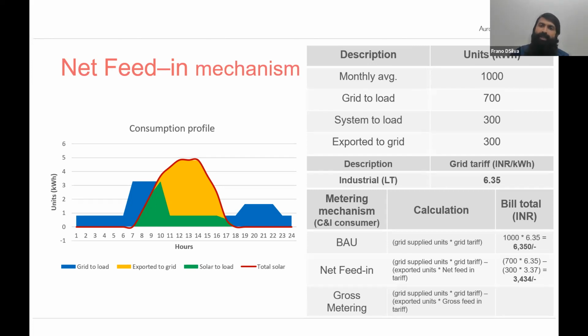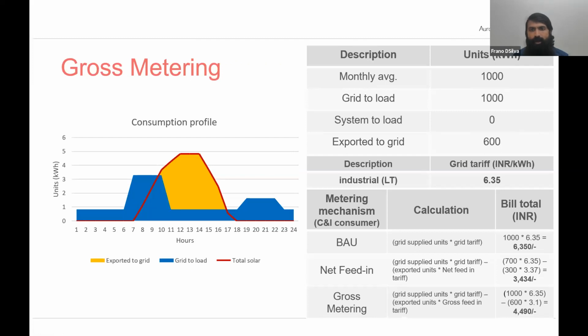To simulate a gross metering scenario, let us check how gross metering energy accounting would vary from the net feed-in energy accounting. In gross metering, as mentioned before, all the gross generation, that is the entire solar energy generation from your solar system, is directly exported to the grid, while your load requirements are completely covered by the grid electricity supply. And to do the energy accounting under the gross metering mechanism, as you can see from the formula given in